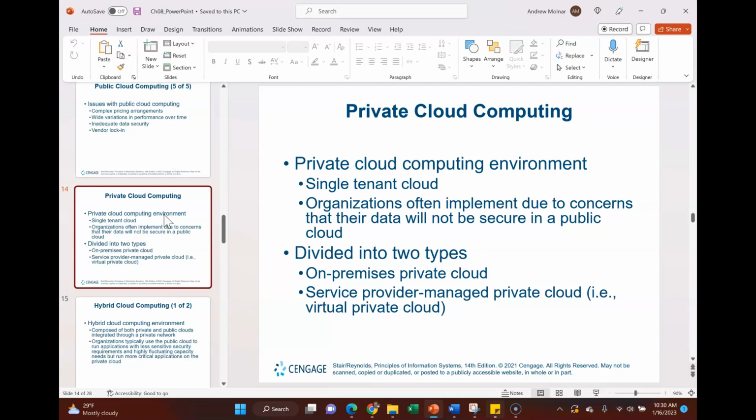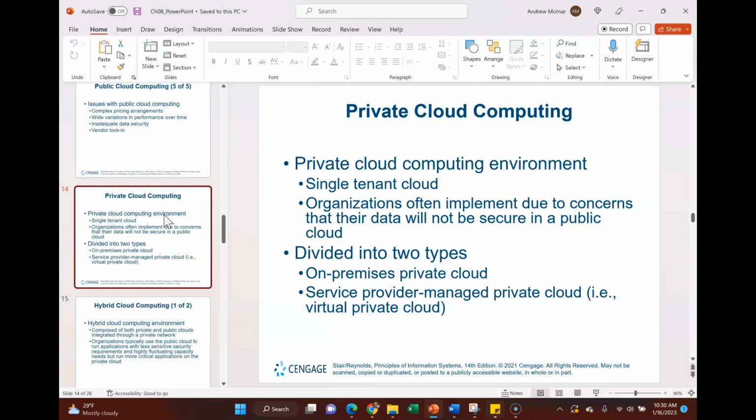But sometimes a company wants to have its own cloud infrastructure, not associated with any other company. And so that private cloud could be built on premises, or you could use a service provider to give you your own private cloud.